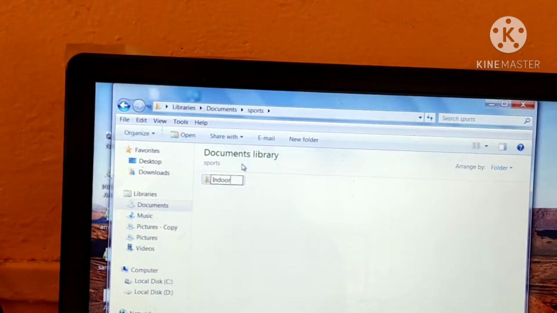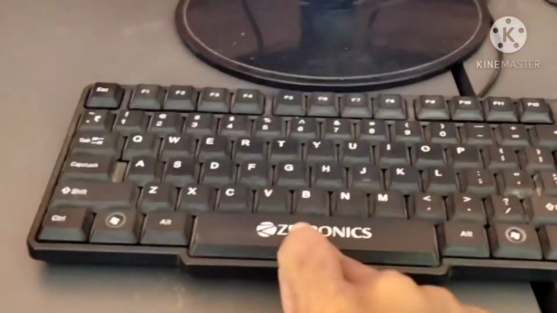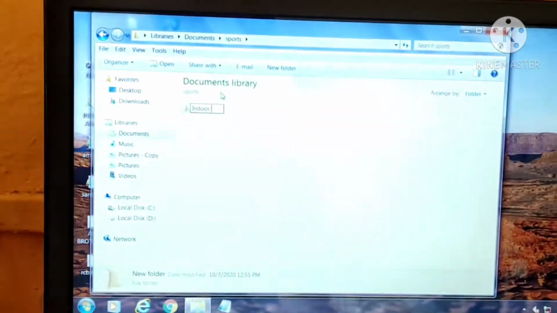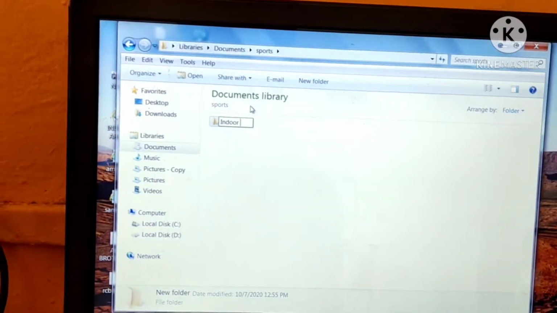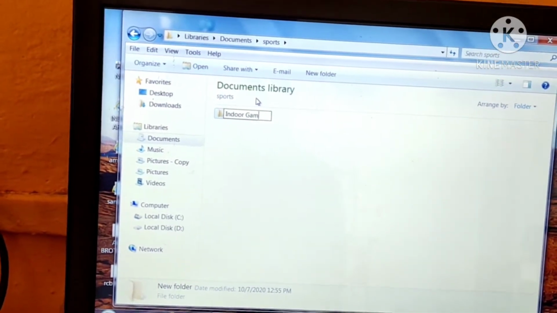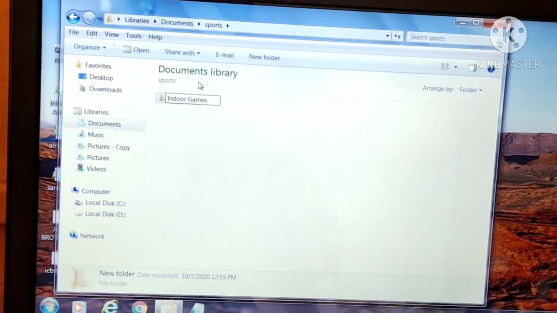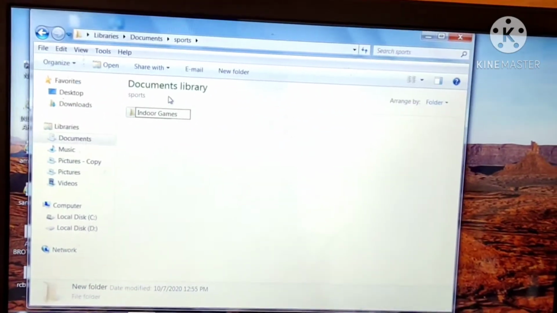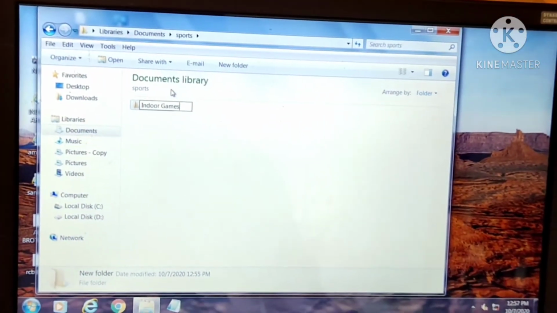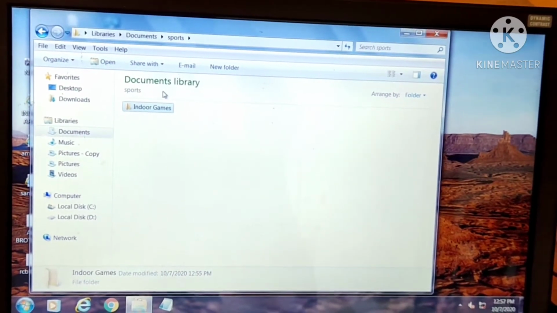So first we have created indoor, space, games, G-A-M-E-S. After writing the name, you should press the enter key. After pressing the enter key on the keyboard, here it is, your folder is ready, indoor games.